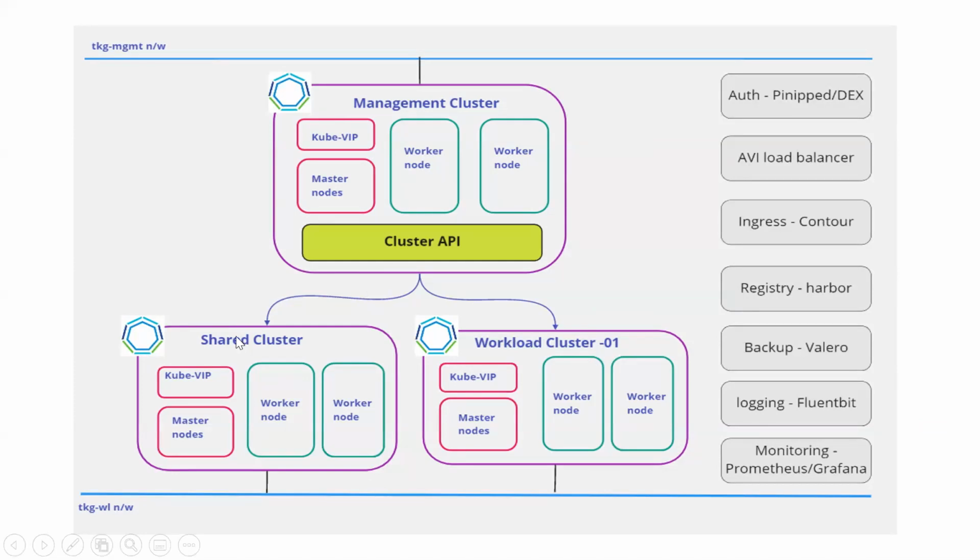And if you can see the workload clusters below here, they are the ones where you actually run your application. Usually you create something called a shared cluster, where you may want to run a shared service, like a Harbor registry, or any other open source registry that you want to use across all the clusters. So all the shared components you may put in a shared cluster, which is not any different in functionality from a workload cluster.